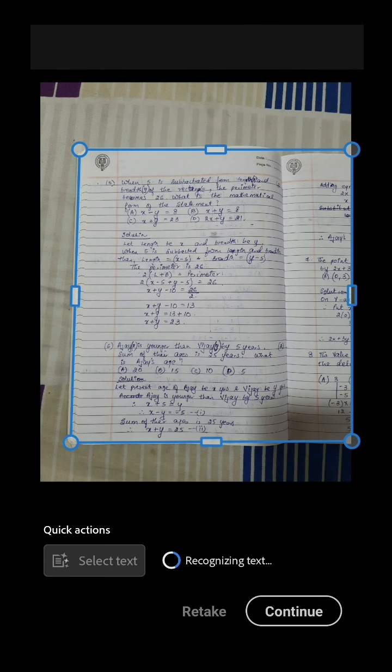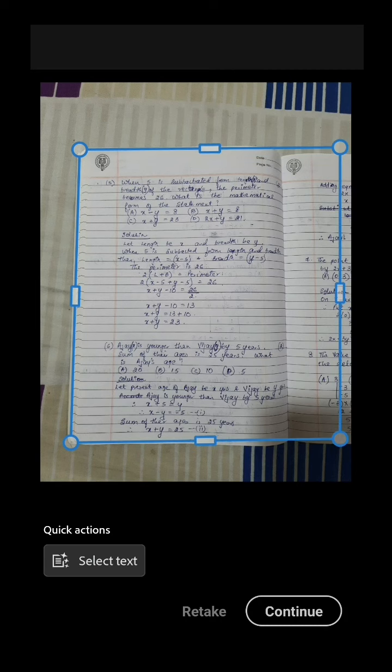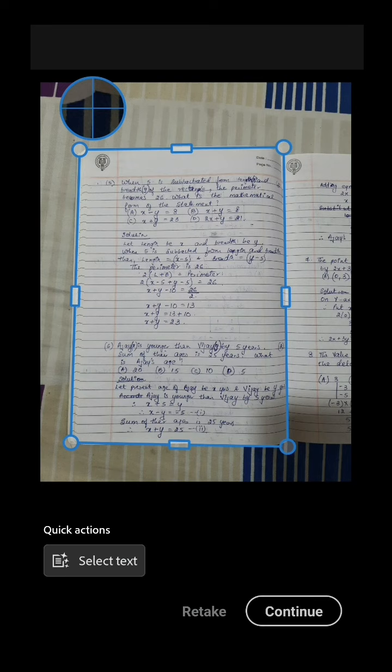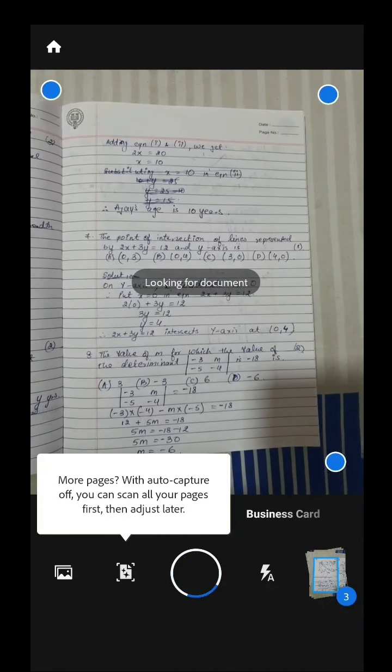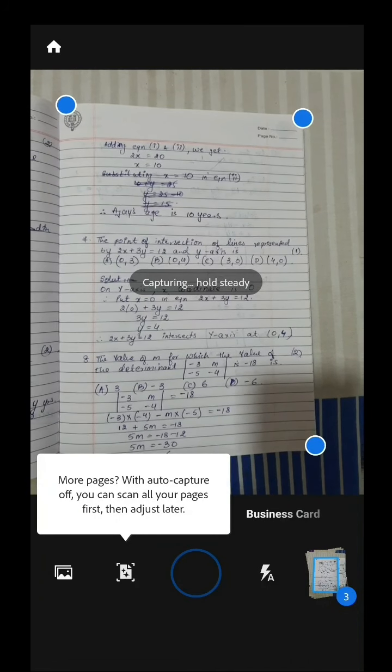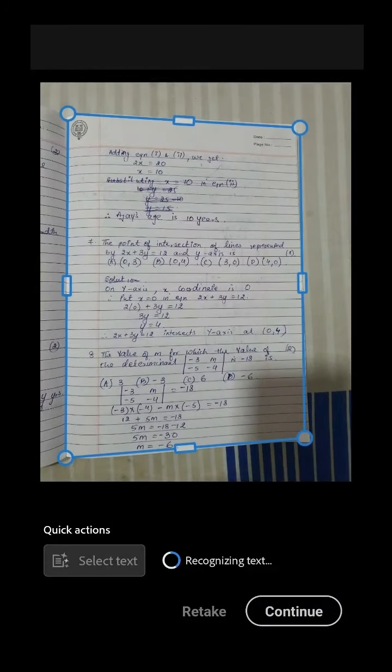See, now the photograph has not been clicked properly, so I adjust the edges from here and I click on continue. This is my third page. Now I move on to my fourth page. Now my edges are proper.